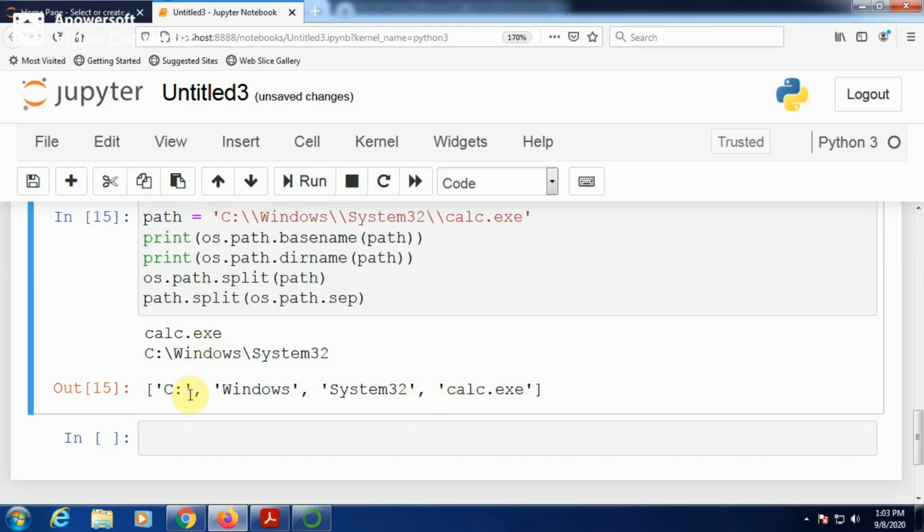Here the separator is taken as backslash. It is splitting the given path according to the separator backslash. The function is path.split and the argument is os.path.sep. Sep indicates separator. The separator is 2 backslashes here. It is splitting the path into different parts separated by the separator, and returns a list.